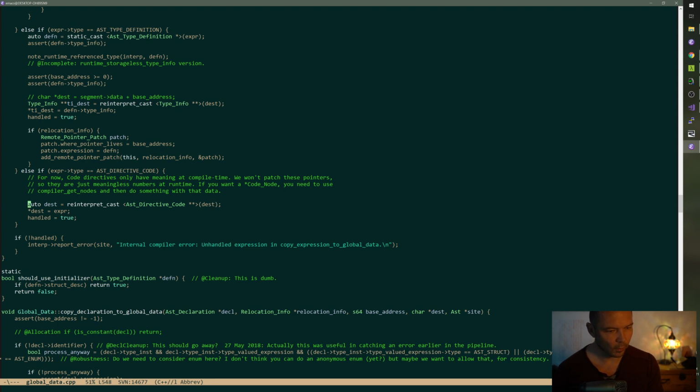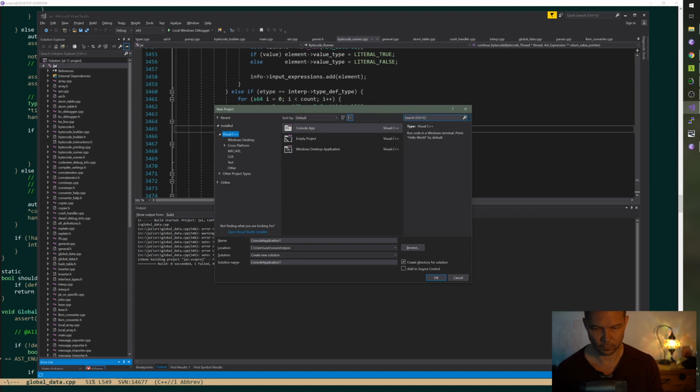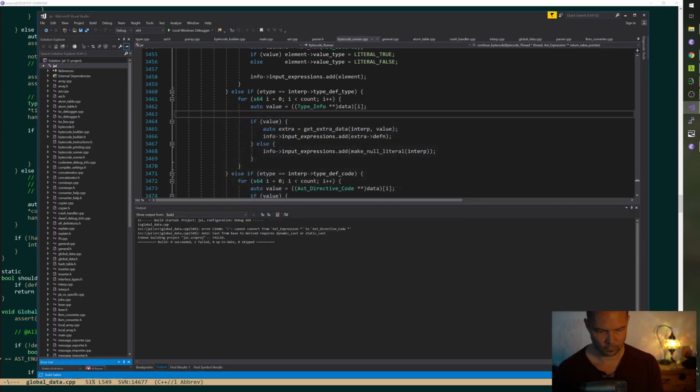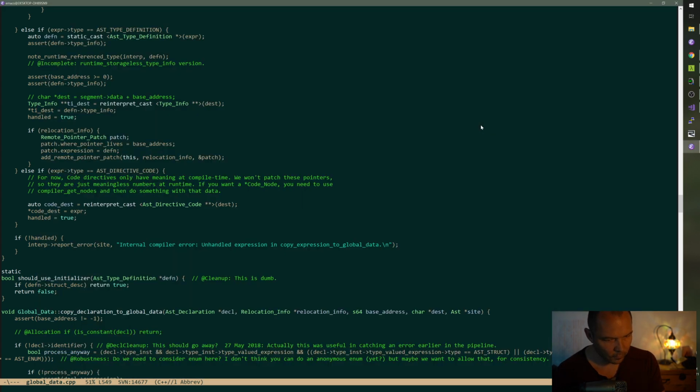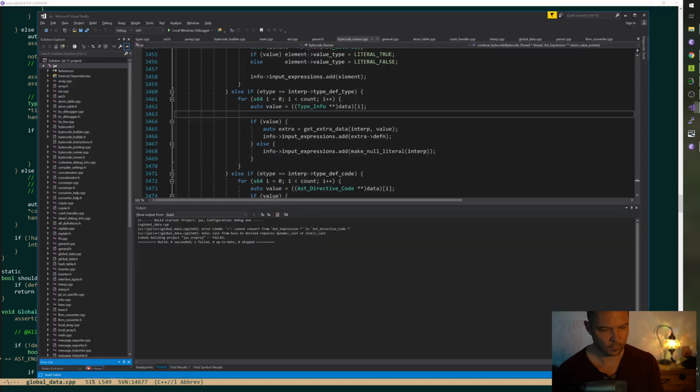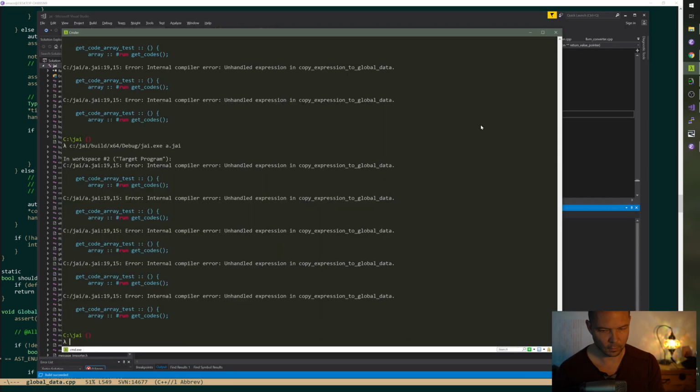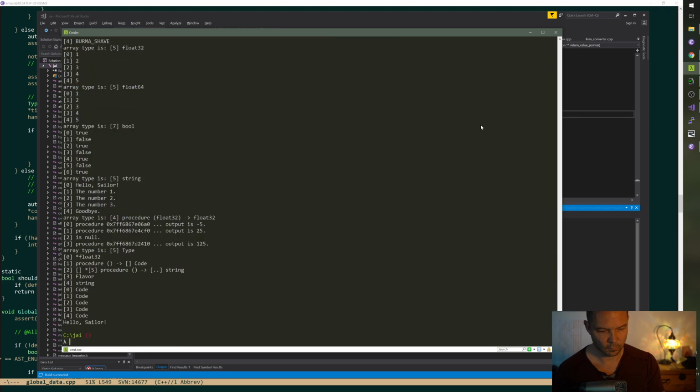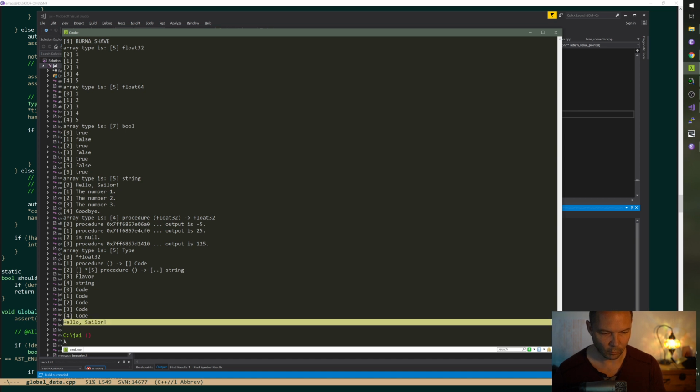Oh, right. Auto code dest. There we go. That's a little bit useless, but okay. Code, code, code, code, code. But we inserted one. Hello, sailor.